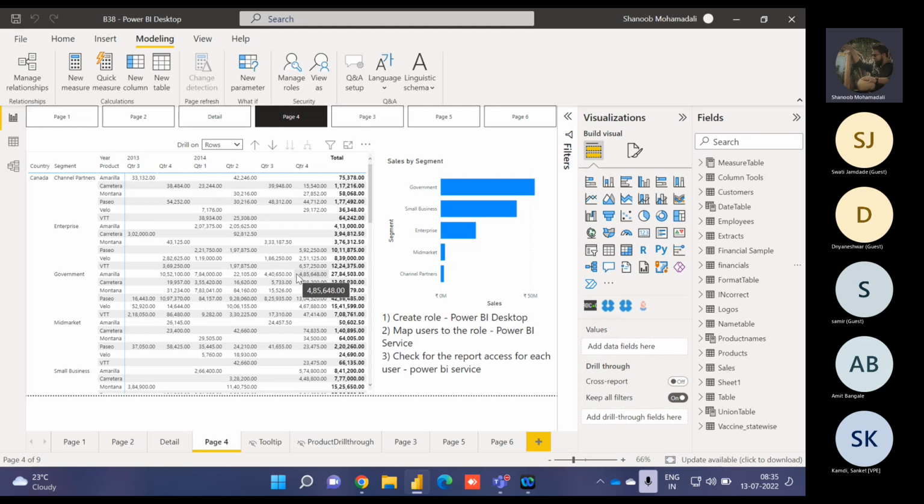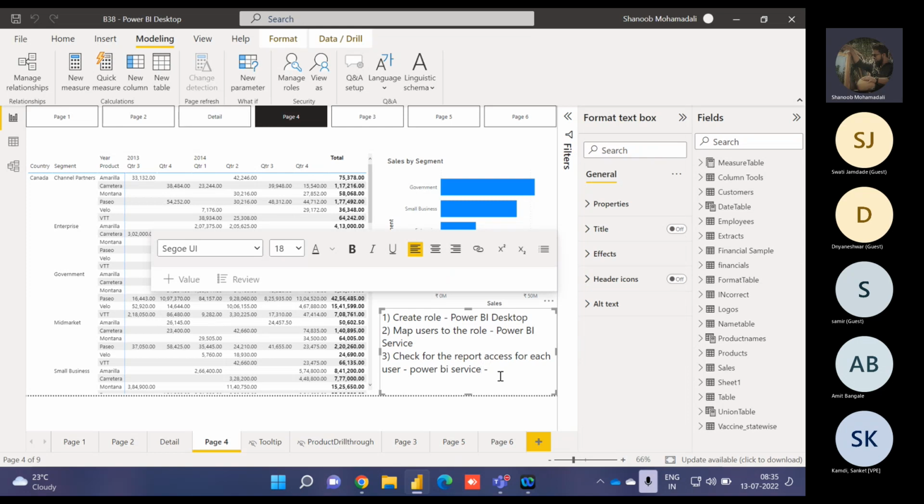ठीक है, अब इस रिपोर्ट को अगर आप सामने वाले को एक्सेस नहीं दोगे तो उसको ये रिपोर्ट नहीं दिखेगा। प्लस it not only depends on the access, it also depends on the license, right? सबसे पहले फर्स्ट सेशन में मैंने डिस्कस किया था कि अगर मुझे कोई रिपोर्ट शेयर करनी है तो मेरे पास पावर बीआई प्रो लाइसेंस होना चाहिए। सामने वाला जो यूजर जिसको मैं शेयर कर रहा हूँ उसके पास अगर लाइसेंस नहीं है, उसका अगर फ्री अकाउंट है, राइट, सो उसको भी लाइसेंस लगेगा ये रिपोर्ट व्यू करने के लिए, इधर प्रो या फिर प्रीमियम। ओके, ओके सर।